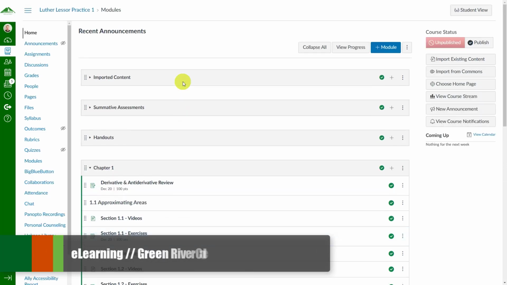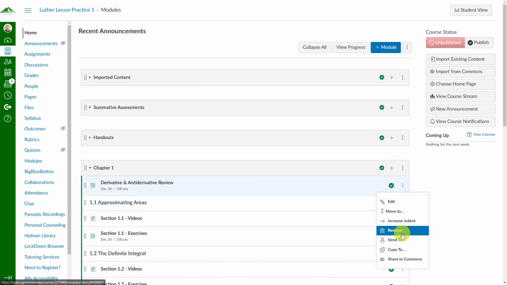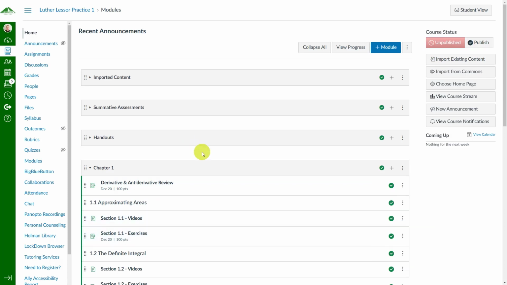If you are tired of right-clicking or clicking on ellipses, choosing from drop-down menus to do the things you want to do in Canvas, maybe you have to indent a whole bunch of different individual lines in one of your modules. There is a quick way to do that using keyboard shortcuts.